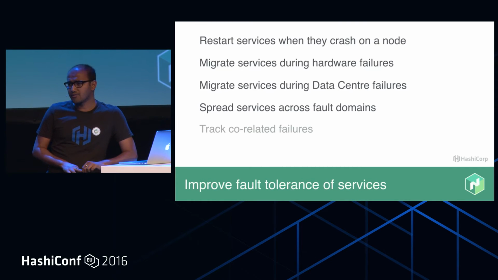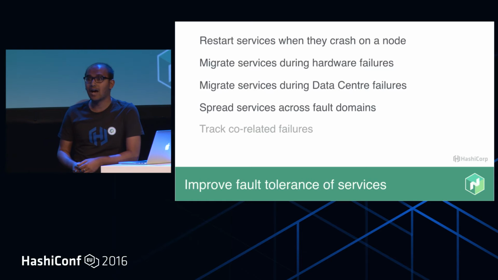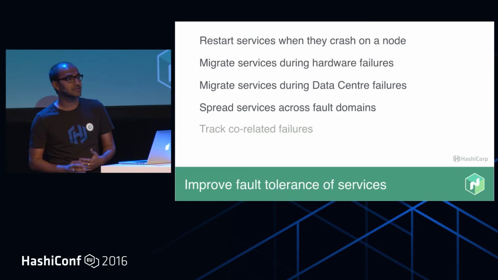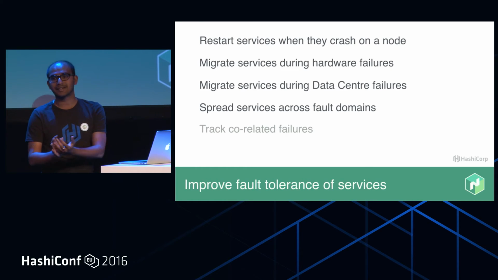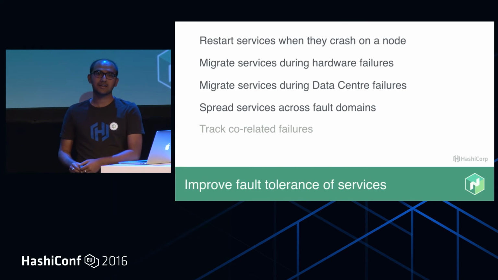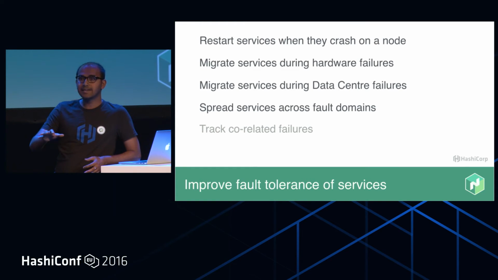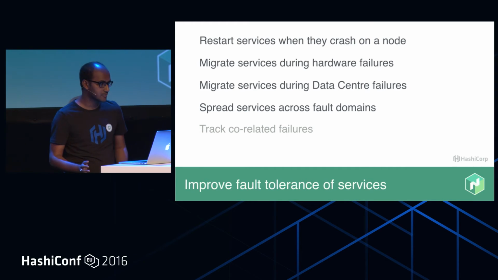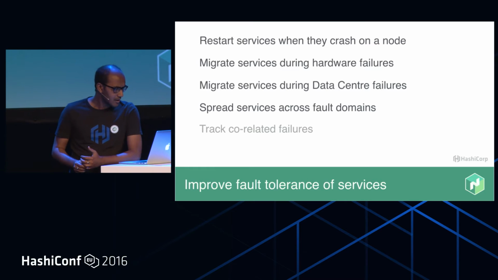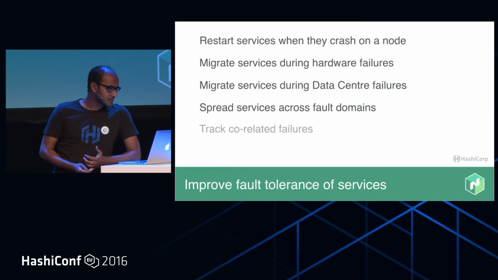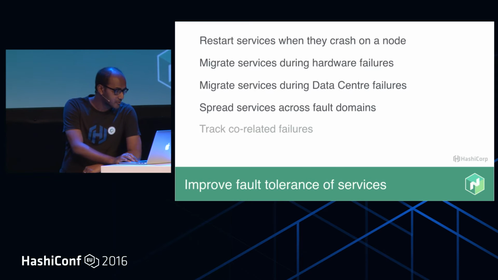Not just hardware failures, we also need to think about data center failures. What happens when a zone in Amazon goes down? What happens when there is higher latency between two different zones? How does your infrastructure heal in that case? That's another place where the cluster scheduler should help. It should change the network topology of your applications and services based on how your data center and hardware are doing at that point. And the cluster scheduler, like I said, should spread services across different domains.